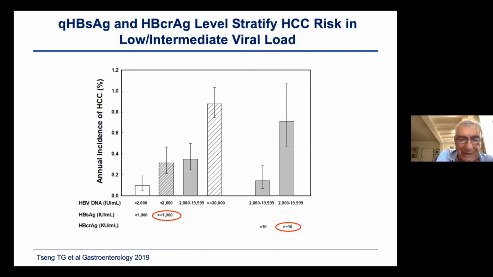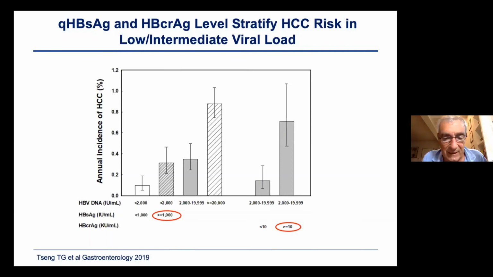So in summary, this slide encompasses what has been done in the last 10 years in the domain of quantitative HBs antigen and quantitative hepatitis B core antigen. Both assays are, biologically speaking, relevant. HBs antigen, as you know, can be the product of the translational activity of cccDNA and also of integrated DNA. So it's not perfectly aligned with the risk of liver cancer that is driven by cccDNA. But the core antigen is more aligned to the risk of liver cancer because it is more aligned to the translational activity